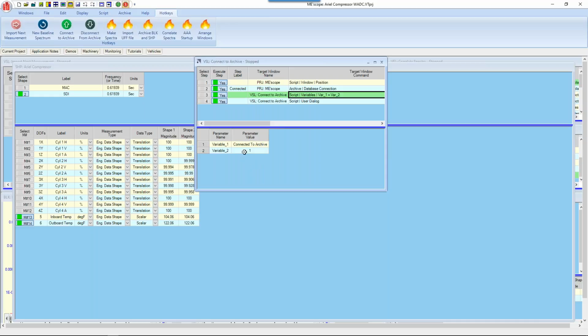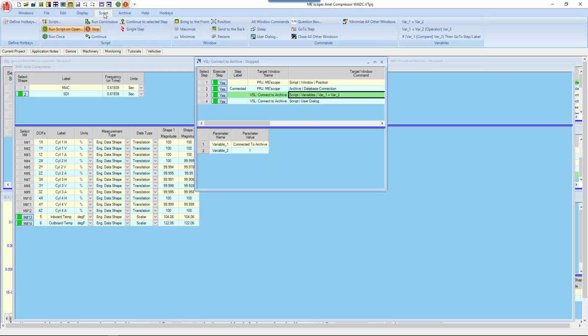It set the value of a global parameter called connect to the archive, and it set it equal to 1. Where do those come from? Well, if we go up here under script and we go to variables over here,